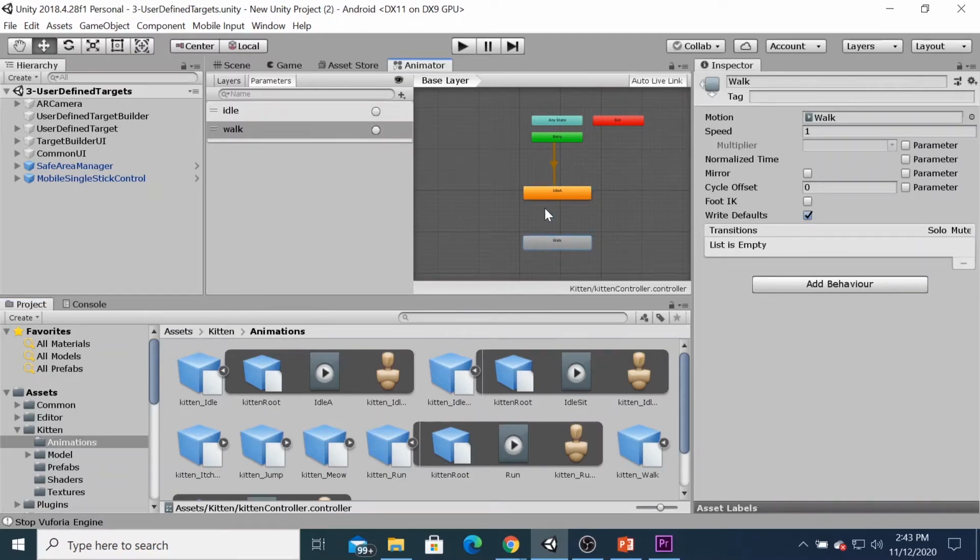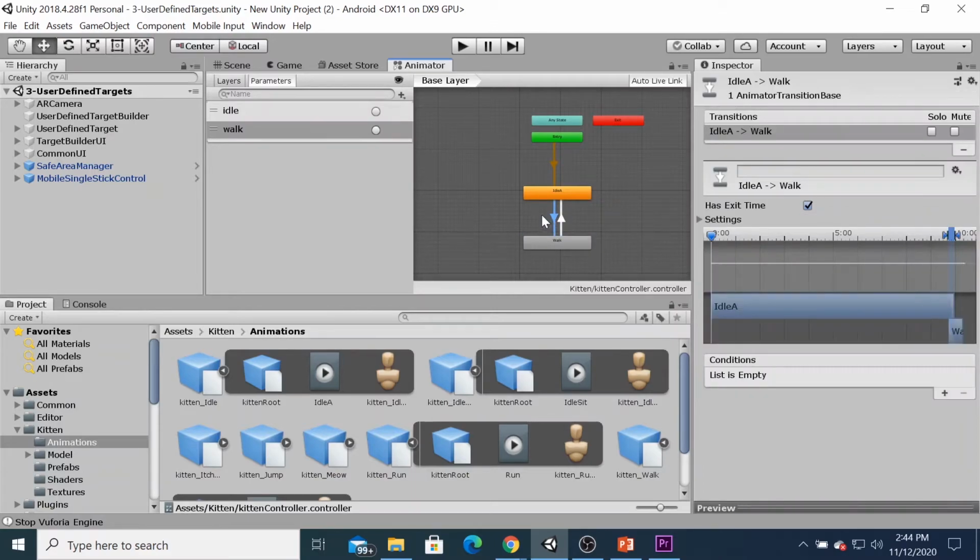Then you can add the transition between idle and walk, make transition, and from walk to idle. Select the arrow, untick this one, and then remove the setting. You can drag like this.